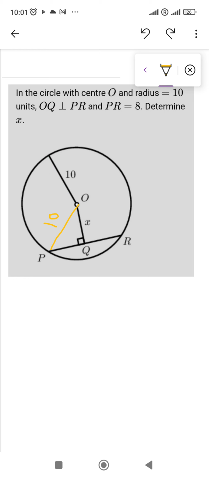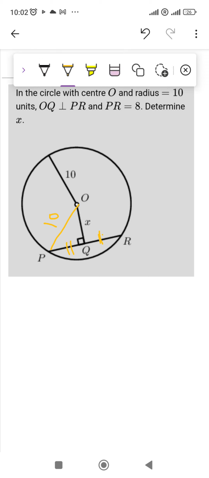They tell us that OQ, right, this is OQ, is perpendicular to PR. There's our theorem, right? Theorem 1 tells us a line from center perpendicular to chord bisects the chord. So we know that this length, whatever that is, is the same as this length, whatever that is. So we do need to write a statement to prove that. So let's write that statement. We are going to say PQ is equal to QR. Right, our reason how we know this is line from center